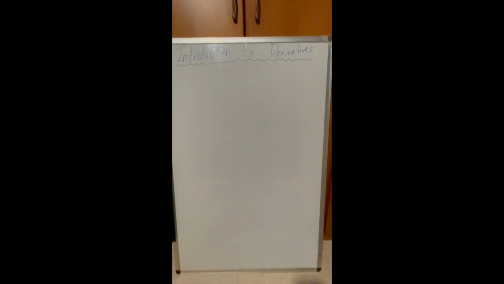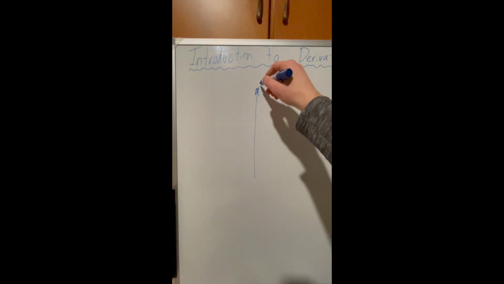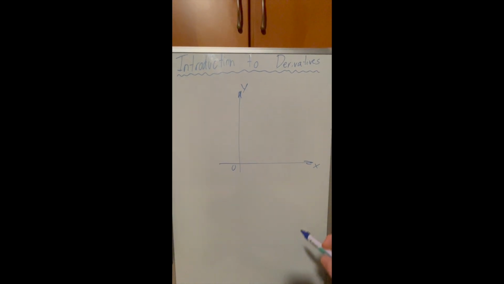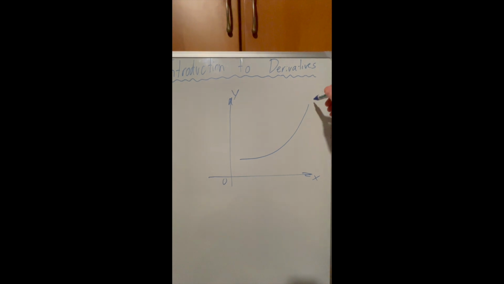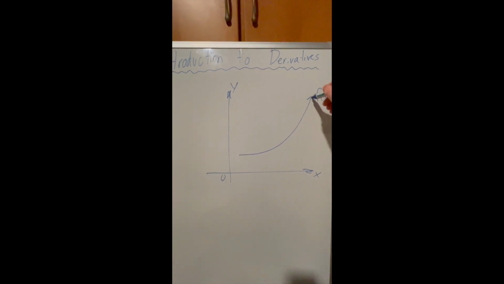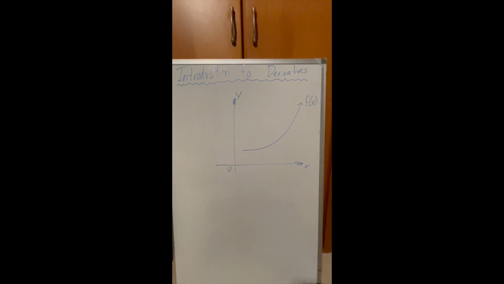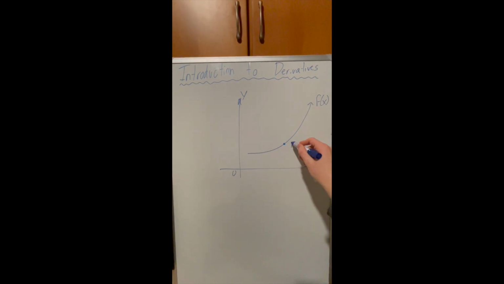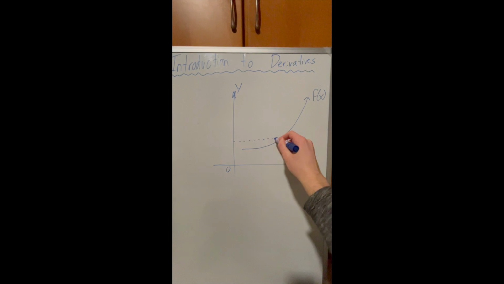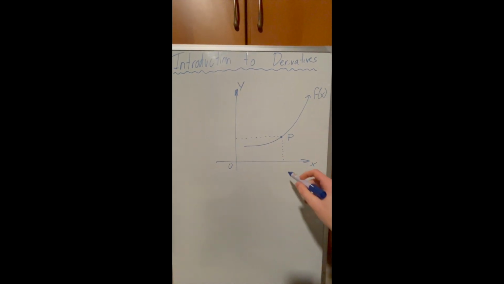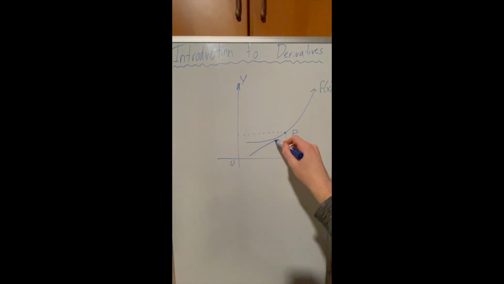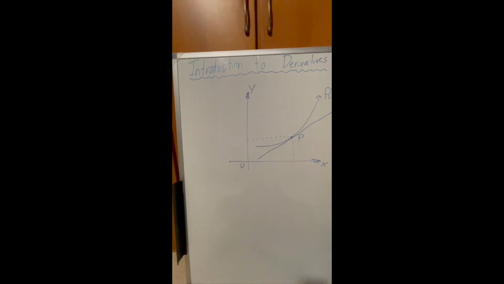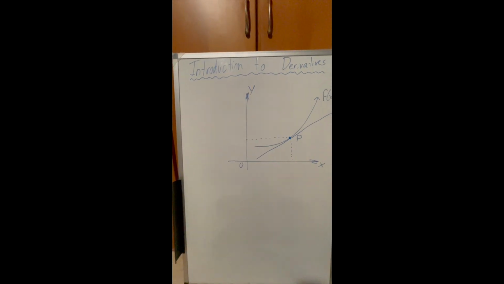As a very simple example, if we have a graph here, where here we have our y-axis, and here we have our x-axis, our point 0, and we have a function that goes, for example, like so. This is our f of x. Then our tangent line would be at a specific point. Let's name it point P. It would be this one, where it only touches the curve of f of x at one point, which is this one,